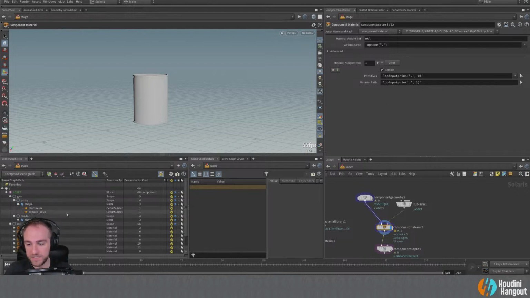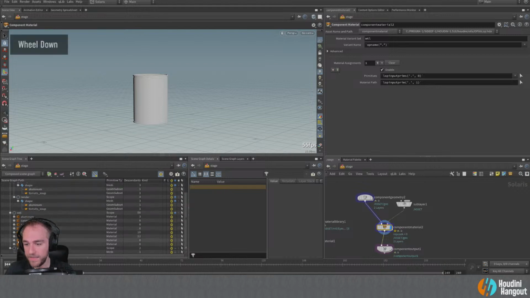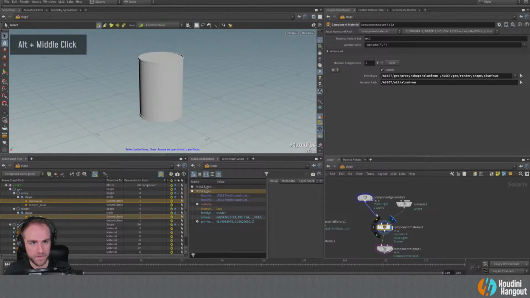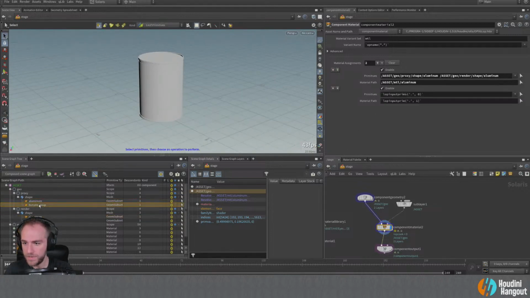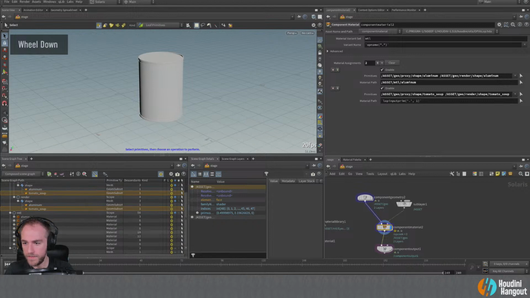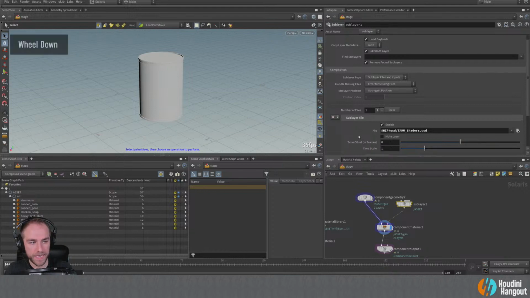And so what I can do now is just apply these the way that I had them before. And so let's see here. Let me just grab both of these. We'll do aluminum first, and I'm just going to set aluminum there. And then here we're going to do this. And then tomato soup. Ah, yes, I know the problem. I don't have my textures in here. That was the issue.